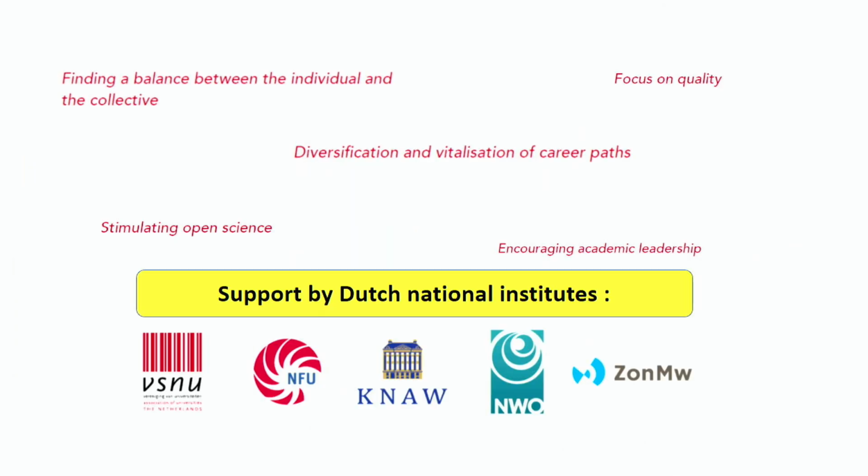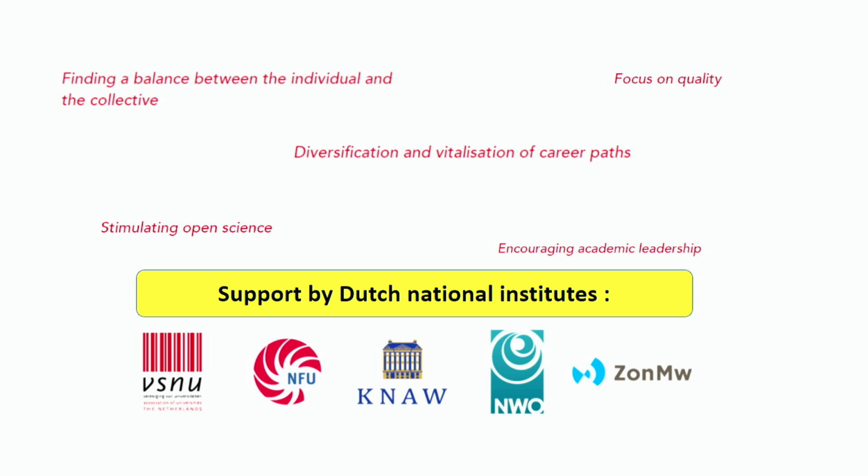Now, what is also important for this position paper of 2019 is that it was fully supported by the main five institutes: the Dutch Employers Association for Universities, the Dutch Employers Association for University Medical Centers, the Royal Dutch Academy, Dutch Research Funding, NWO, and Dutch Medical Research Funding, ZonMw. So the institutes were fully supporting this new roadmap. And all the universities in the Netherlands have signed this